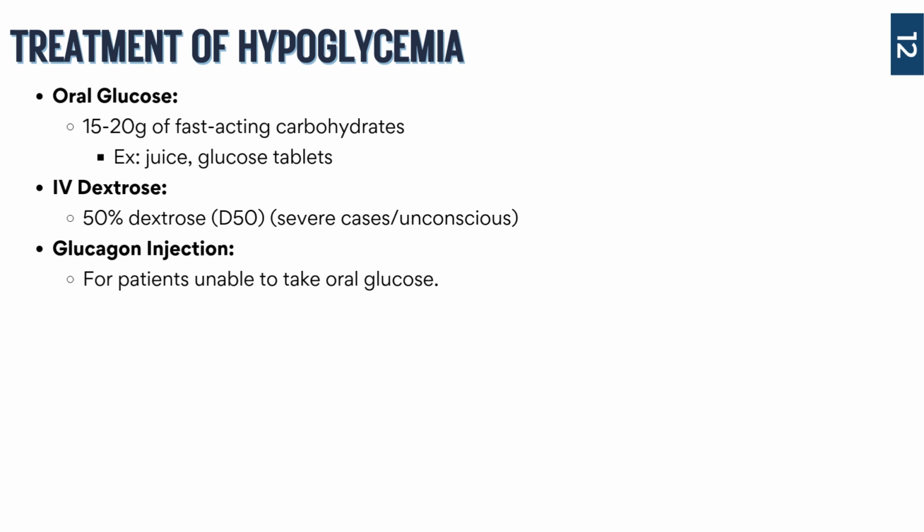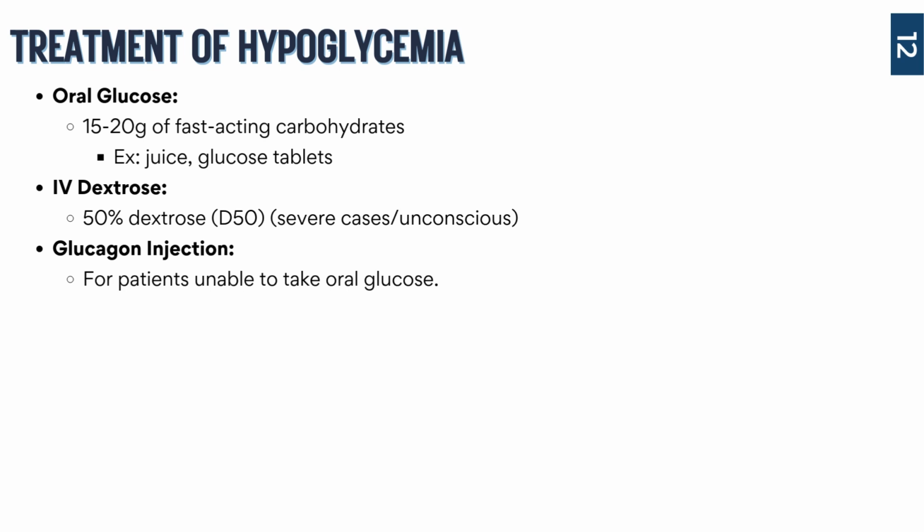So we can do this several different methods depending on how severe it is. Okay, so for mild to moderate hypoglycemia, oral glucose is the first line treatment. This can be 15 to 20 grams of fast-acting carbohydrates, for example, 4 ounces of juice, regular soda, glucose tablets, or candy. The 15-15 rule is commonly used. Get 15 grams of carbs, wait 15 minutes, recheck the blood glucose. If it remains low, repeat it again until you get normal.